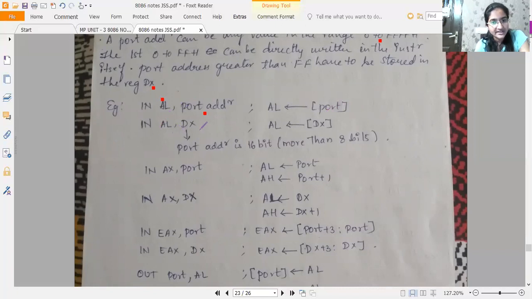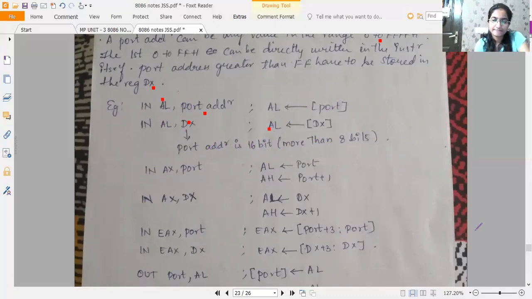IN AL, DX means DX is holding the address of the port which is more than 8-bit. Okay, port address is 16-bit. That content is nothing but the address of the port which is loaded in the DX register. Then that address will be accessed and the content of the port will be loaded into the AL register.